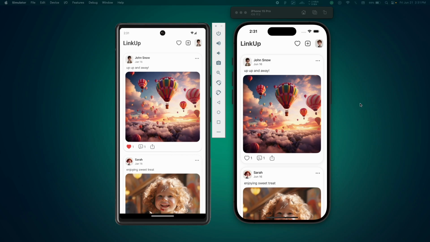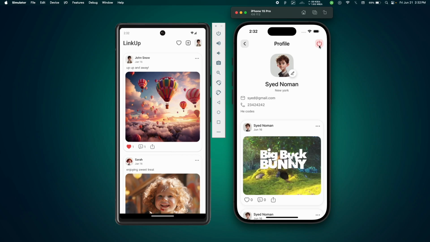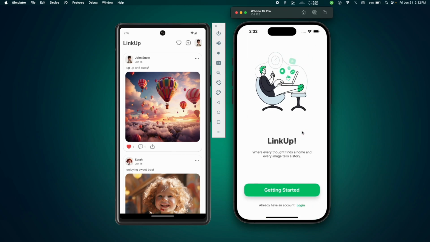There are so many other features built into this app, so let me quickly show you a demo and then we will start building this app. So as you can see, the app is fully responsive on iOS and Android. So let me just quickly log out, and when we first open the app it will show a welcome page